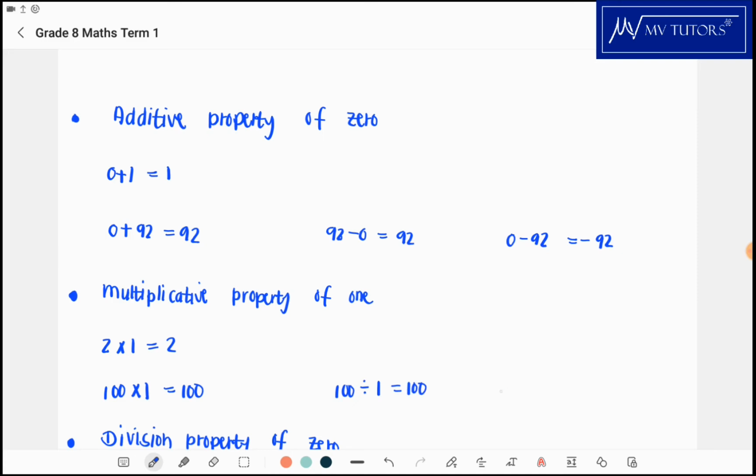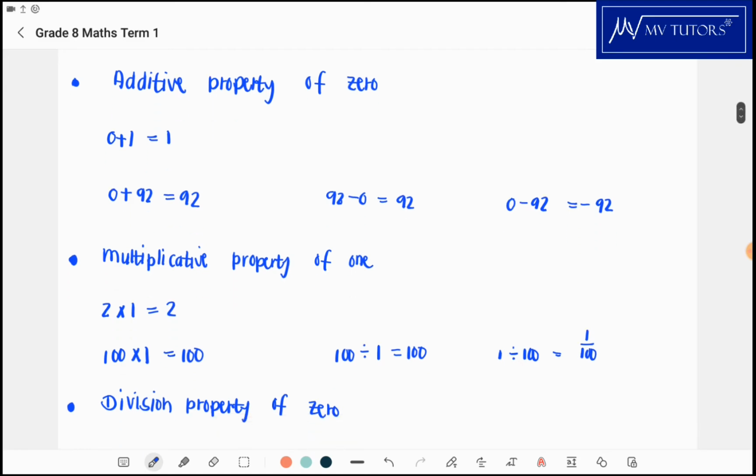If you're going to take 1 and divide it by 100, okay, that's just going to be 1 over 100. So you can't really reverse it. It's not commutative. Okay, so just be careful for that. But we're talking about the multiplicative property of 1. If you multiply any number by 1, it's going to be that number. And if you divide any number by 1, it also is going to be that number. Okay, now let's look at